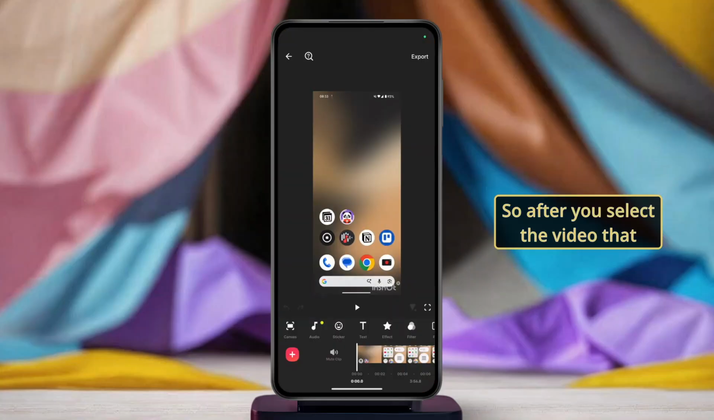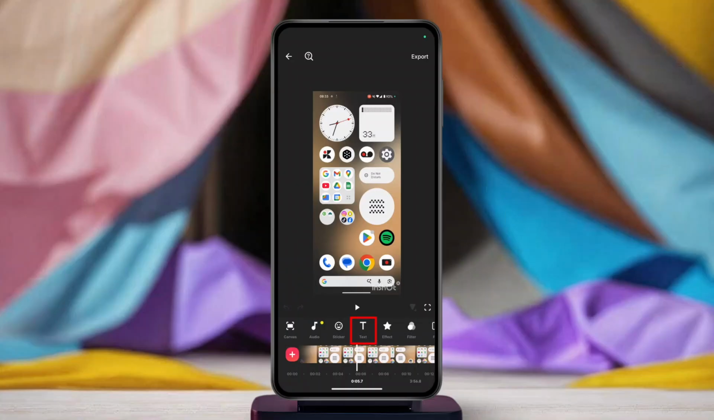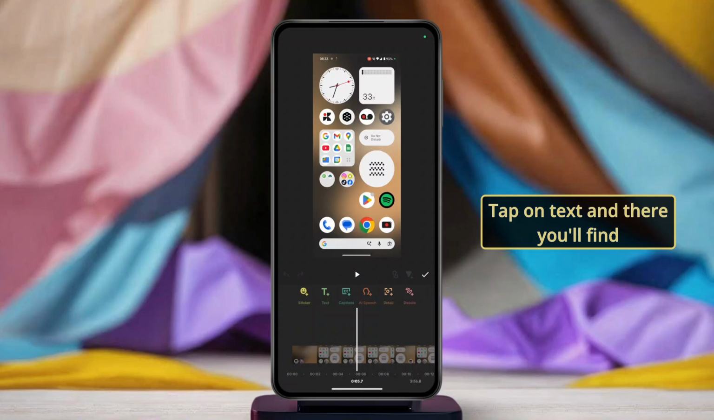So after you select the video that you want, what you can do is head over to this text option, tap on text, and there you'll find the captions option. Tap on captions,